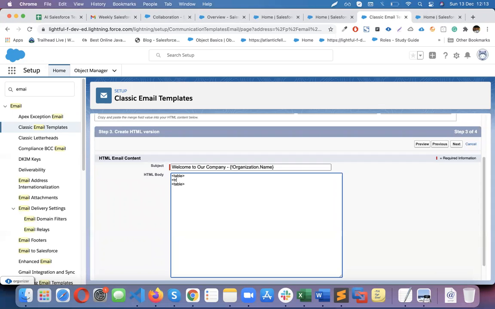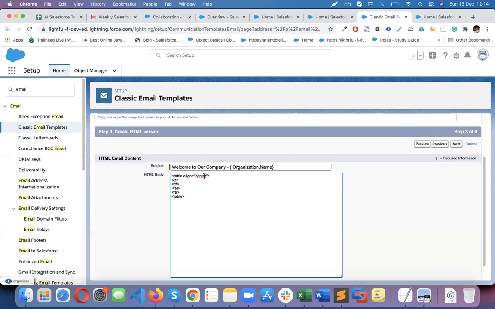Okay, and within that a tr, one row and one column. So I need basically 2 columns. Let me put the 2 columns now. Yeah, and the table align equal to center.